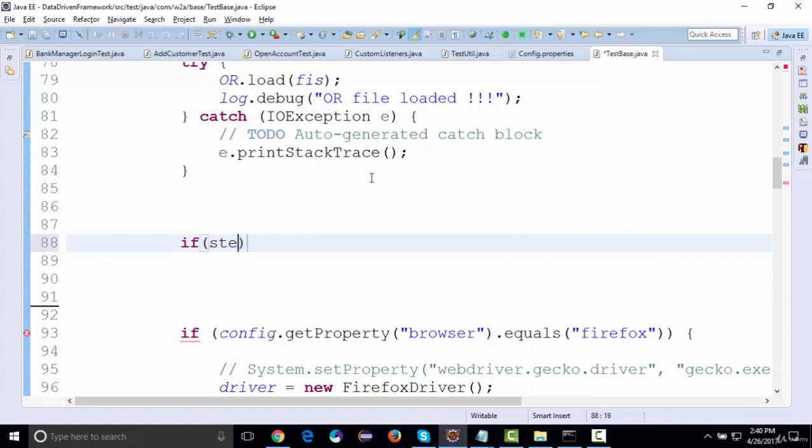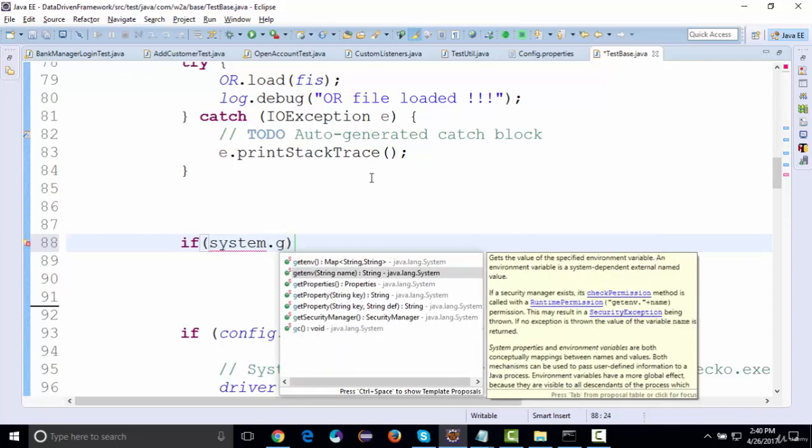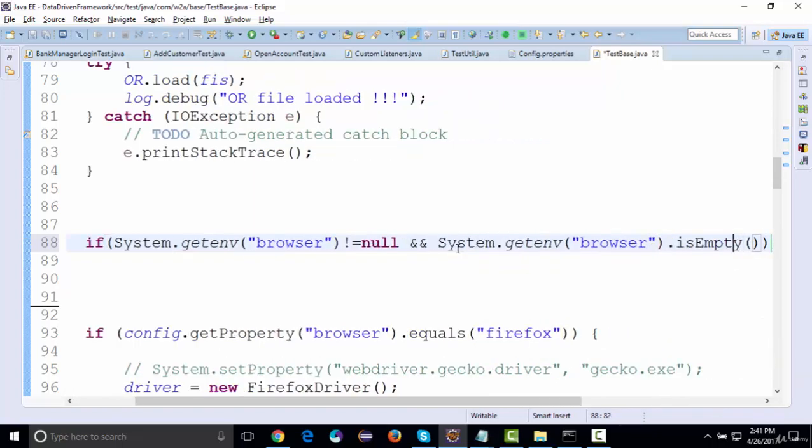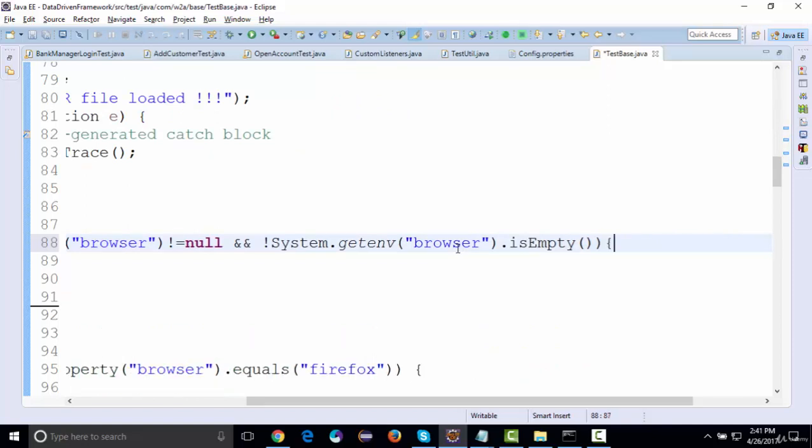I'll say if System.getenv. This getenv will get the value of the specified environment variable. Now the filter that we select in Jenkins will act as the global environment over here. So if this environment name, browser, is not equal to null, and I'm adding a check over here, System.getenv browser is empty, and it's not empty. I'm just adding a check that if that filter is not empty and not null, what it should do is